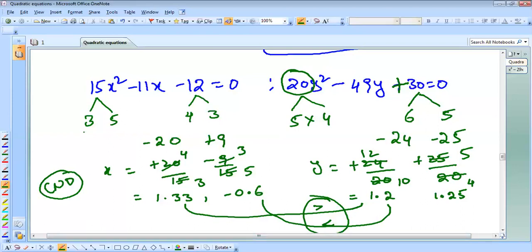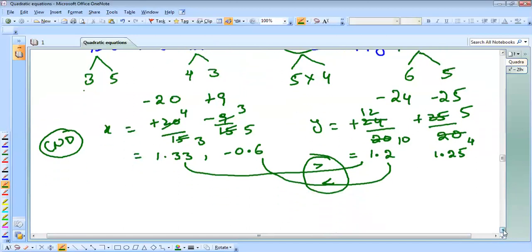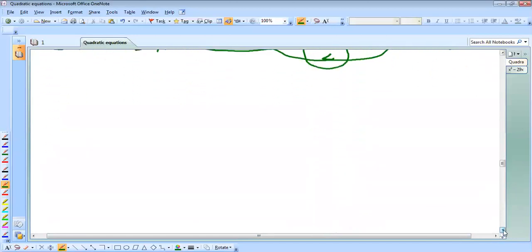If it is bigger numbers also, but more than this much of bigger numbers, they won't ask you in your examination. Some institutes or some websites are giving more tougher questions, in the sense they will give 324x square and 523x plus 224, like that type of values, but that much of tough questions they will not ask you in your examination.